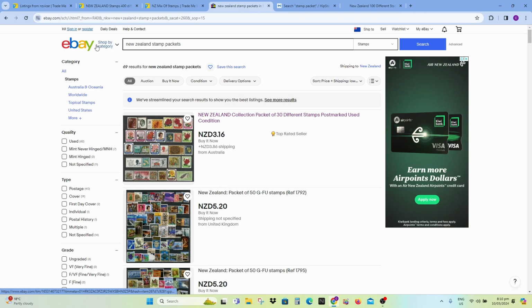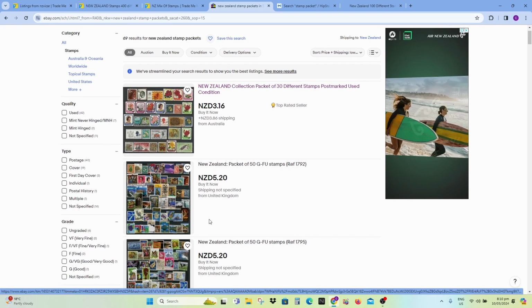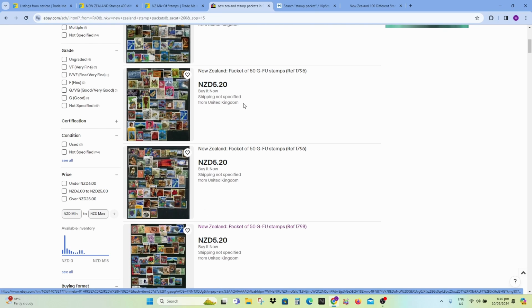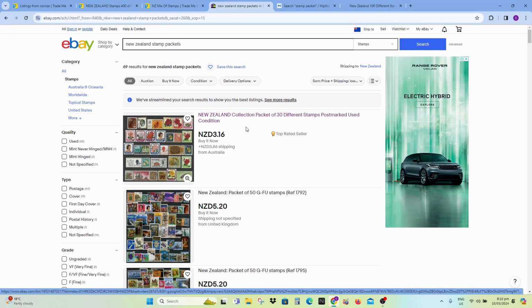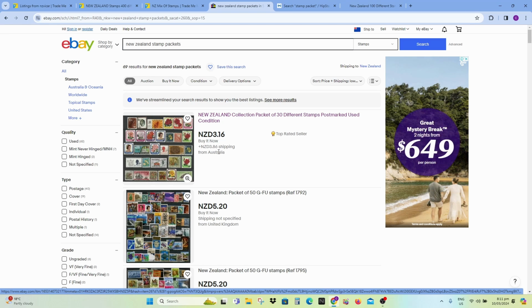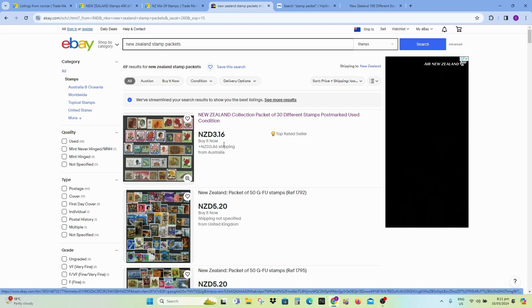This is eBay. I just wanted to put the eBay example here as well. A bit difficult because most of the packets from here on, and they call them packets, didn't specify the shipping costs from the United Kingdom. So I just looked at this very first one, which is a collection packet of 30 different stamps. If you look at them, they're very similar to the stamps that we will find in the packet that we bought. They ask $3.60 New Zealand dollars for the packet, and $3.86 for the shipping from Australia. So $7.02 in total, and that works out to